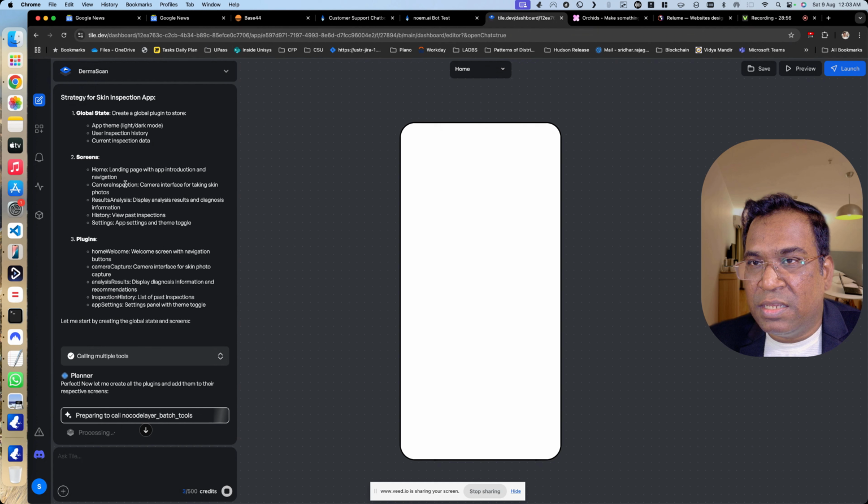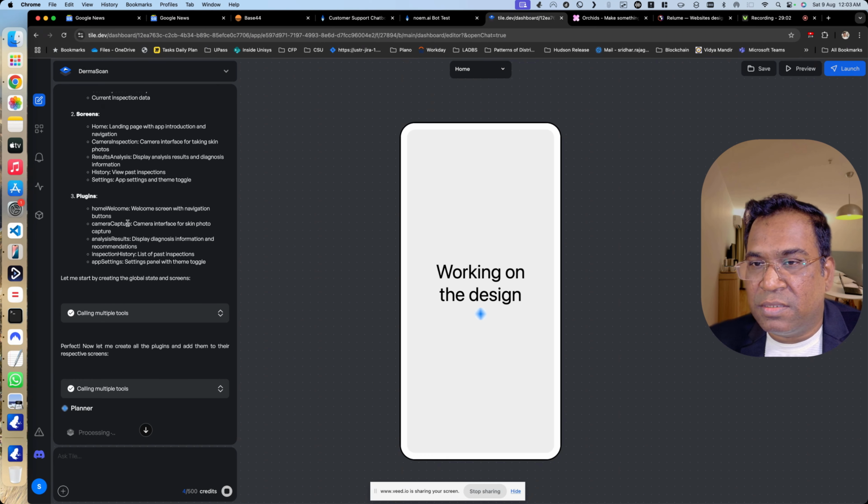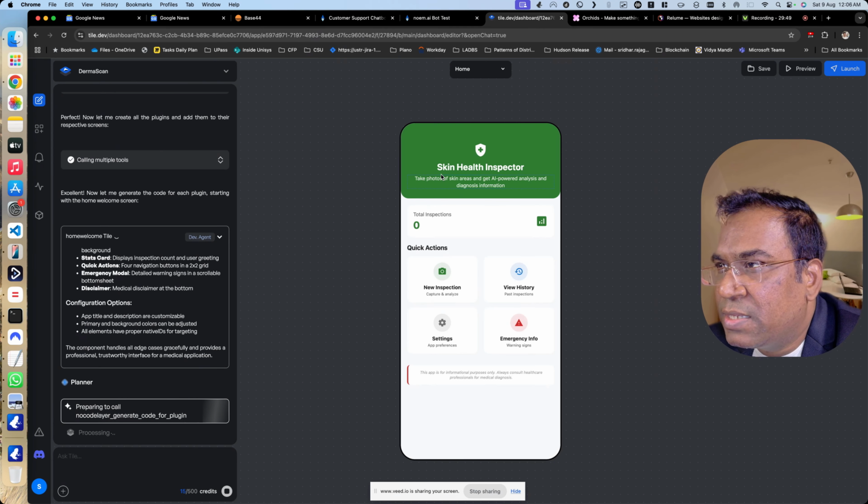So it has screens: home screen, camera inspector, result analysis, history, and settings. Proper diagnosis, it's been there. So working on the design. Okay, so it is trying to create a UI now. Great. So you'll be able to see Skin Health Inspector, take photos of skin areas and get AI powered